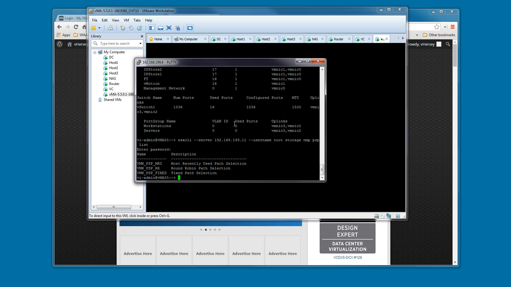So there's a whole lot of things that you can do from the VMA, and it's important, especially if you're going to take the VCAP DCA exam, that you get kind of familiar with using the command line on the VMA while you're working in your AutoLab environment. It's a lot of things you can do a lot faster, especially if you really learn the command structures. And there are a few things, especially when you're dealing with some of the storage and multipathing, that can only be done through the CLI, and it's easier to use the CLI